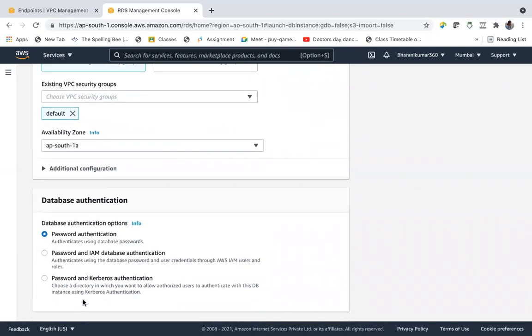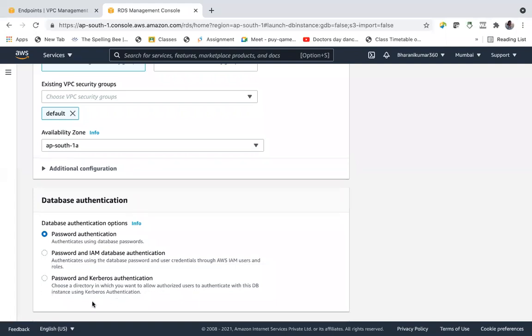And database authentication options. Let's keep it as password authentication, password and IAM database authentication. We know IAM roles or IAM user policy has to be there, and only then, along with the password, can you access the database. And this is something called Kerberos authentication.